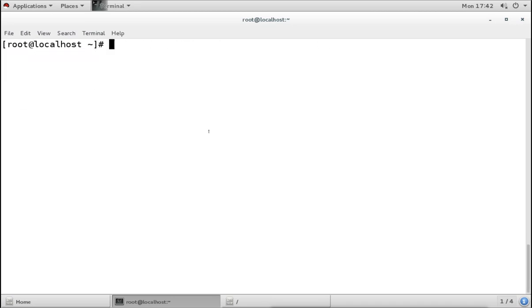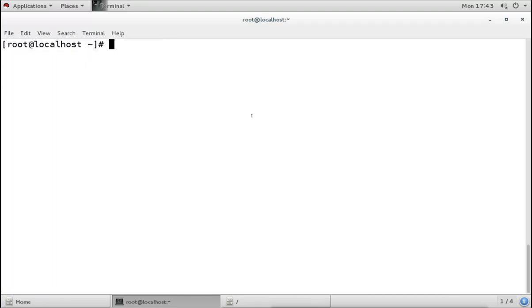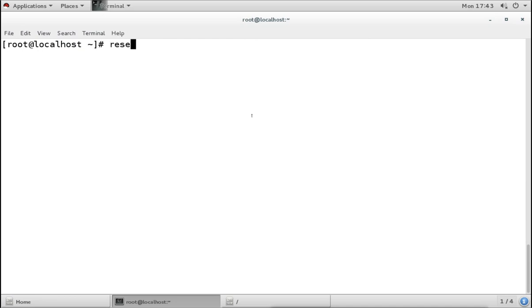Because it is a graphical terminal, I can scroll it. We have a scroll option here, but when you are in the command line terminal, you will not have the scroll option there. You cannot scroll, your mouse will not work. So when you run the clear command, it will clear the screen, and you will not be able to see the previous outputs. Now if you want to completely reset the buffer, then you run the reset command. This command will reset the buffer. After that you will not be able to scroll, even in this graphical terminal. You see this scroll key here.